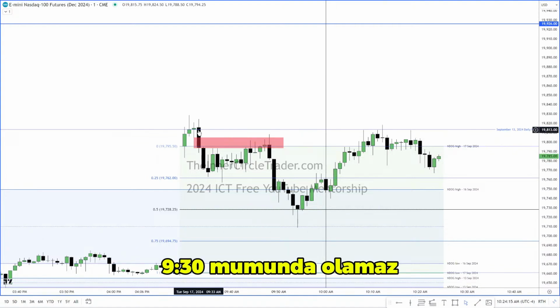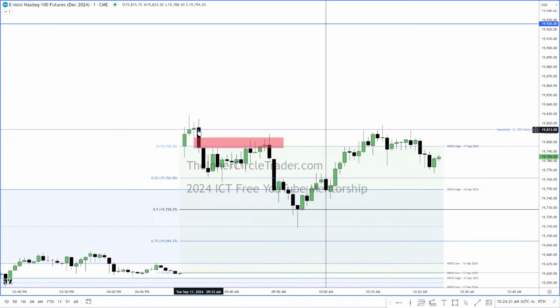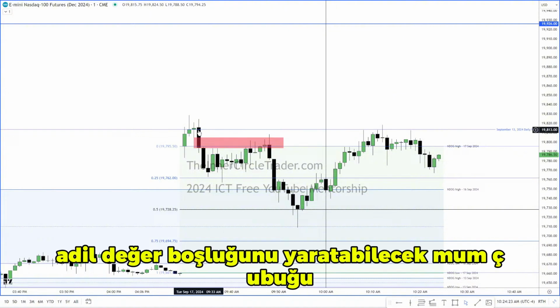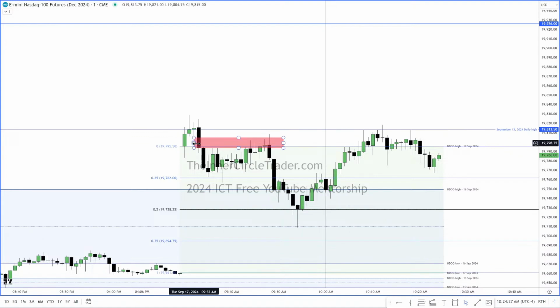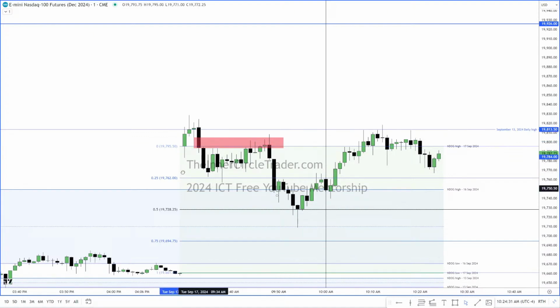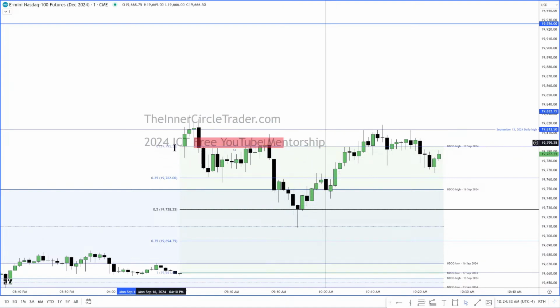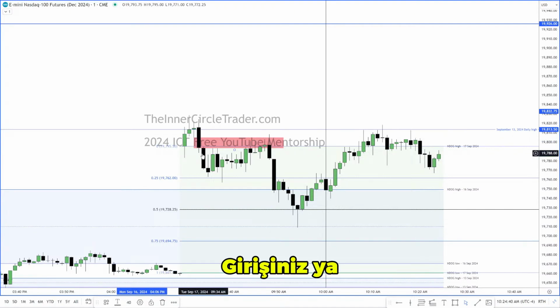It can't be on the 9:30 candle. 9:31 is the first, earliest candlestick that can create the fair value gap, candlestick number 2, the one that makes the imbalance. This is candlestick number 1. This is candlestick number 2. Here's candlestick number 3. So with candlestick number 3, your entry is either